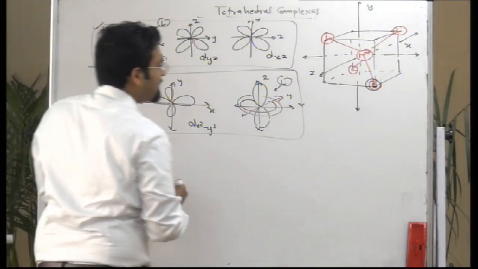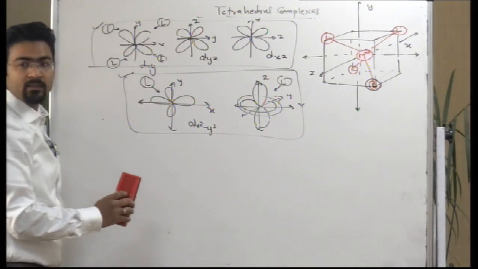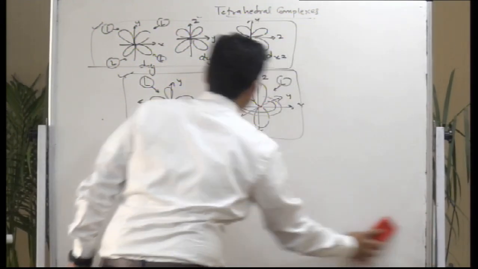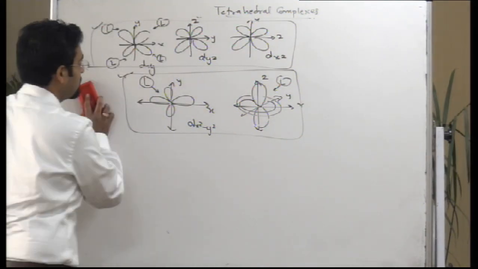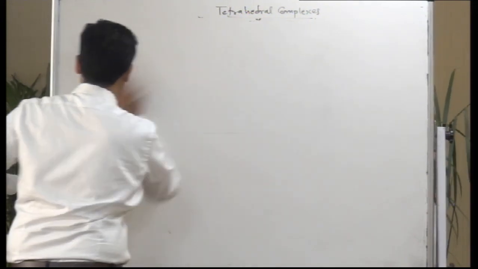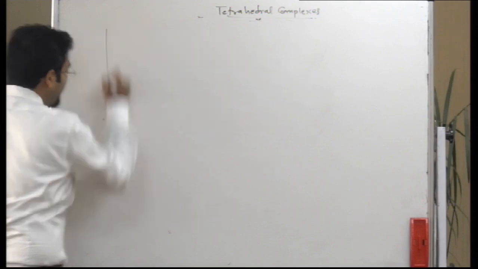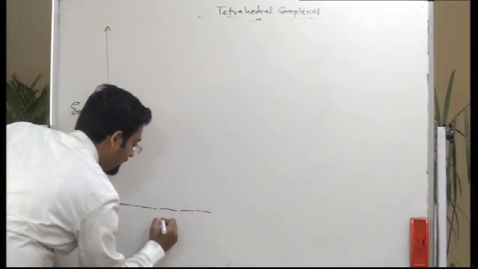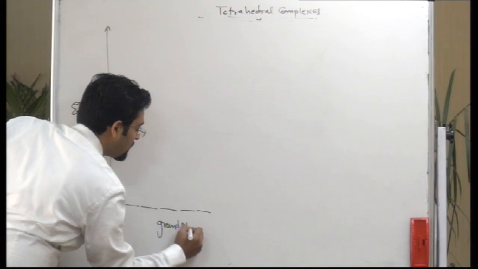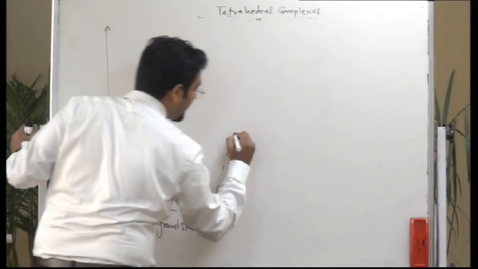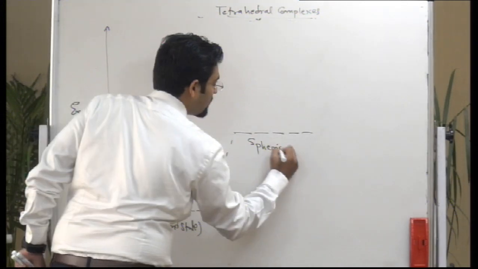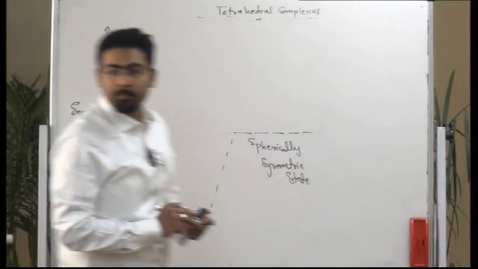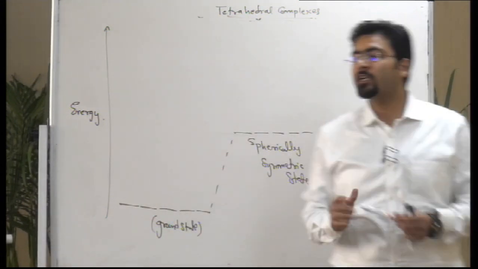So if I draw the energy diagram, we can say that the energy of 5d orbital is same in ground state. This is ground state. Energy of all the 5d orbitals will increase, but increase equally. This is in spherically symmetric state, right? And if the field is not spherically symmetric but tetrahedral, then in such a case the splitting